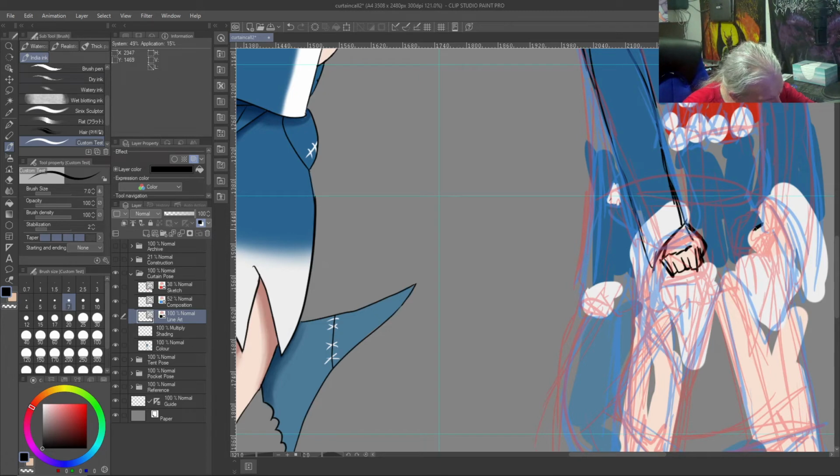And on the other side, same basic thing, but at a different angle. And then that there. Now we want the cuff to come all the way down and not have